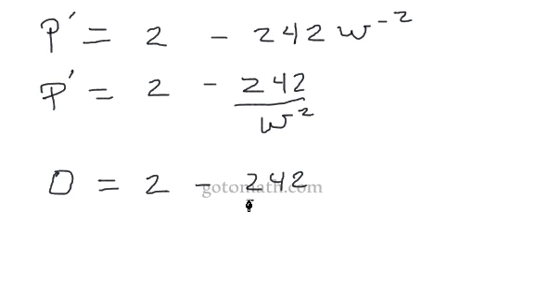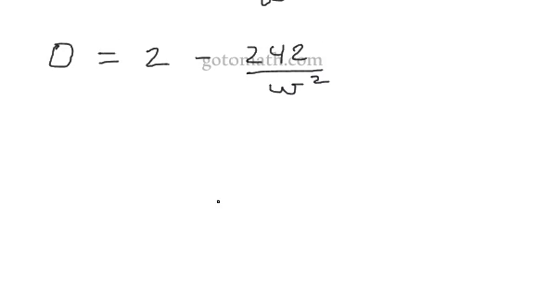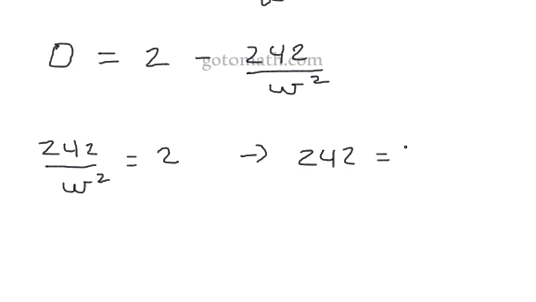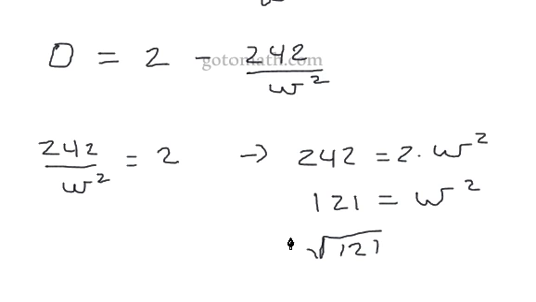Now what we want to do is solve for W. I'm going to bring the 242 over. We have W squared. Then I'm going to rewrite this again: 242 is equal to 2 times W squared. Multiplying both sides by a half, we're back down to 121 is equal to W squared, and then we square root 121, and you know it's always plus or minus here, but of course we're not going to be working